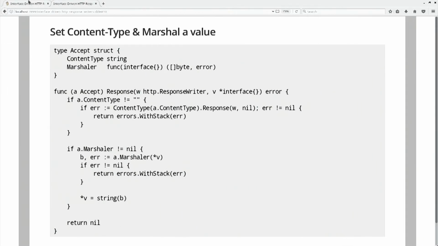So here's where it gets to be a little bit more interesting, is being able to do something like, I want to set the content type, and I want a custom marshaller to that. So what you do is you set up something like this, where it looks for the content type, and because it's also a responser, it can call out to itself and pass in the response writer to it and set the content type. And then later on, it checks in this function if that marshaller is set, calls the marshaller,